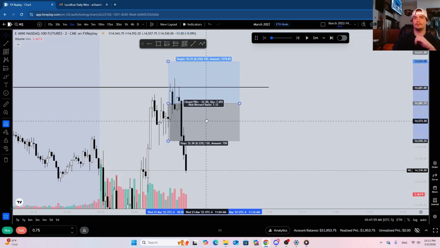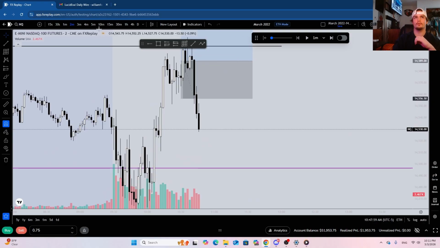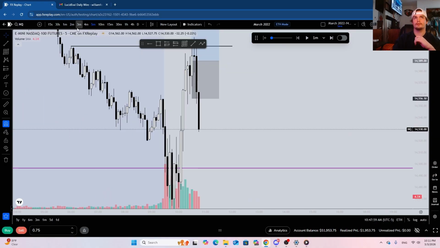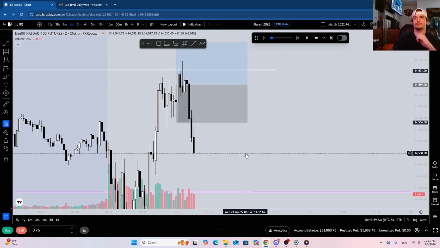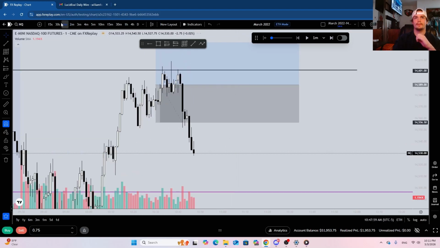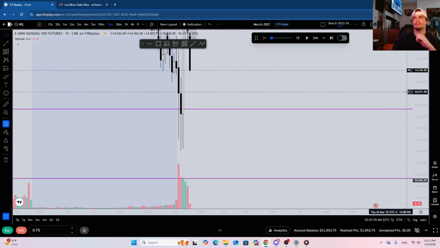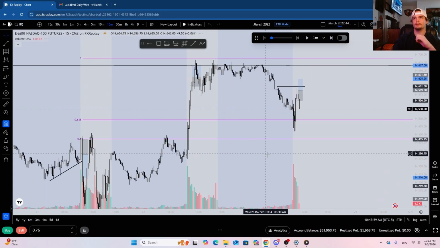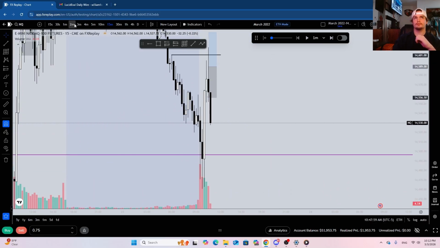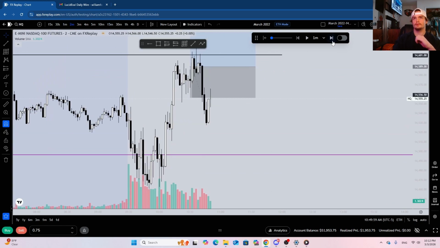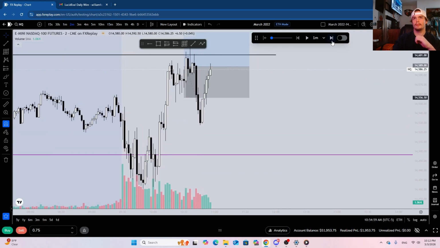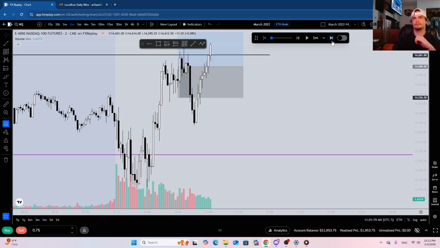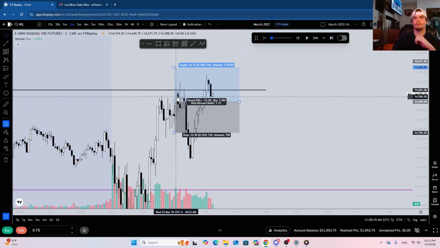But now my bias is kind of flipped, now that we're reacting strong out of that 1 hour. We kind of already missed our entry here. Well, we still haven't come into equilibrium yet. That could be a good target for us. So let's just see if we get some sort of entry. Let's see if we make an SMT out of this.